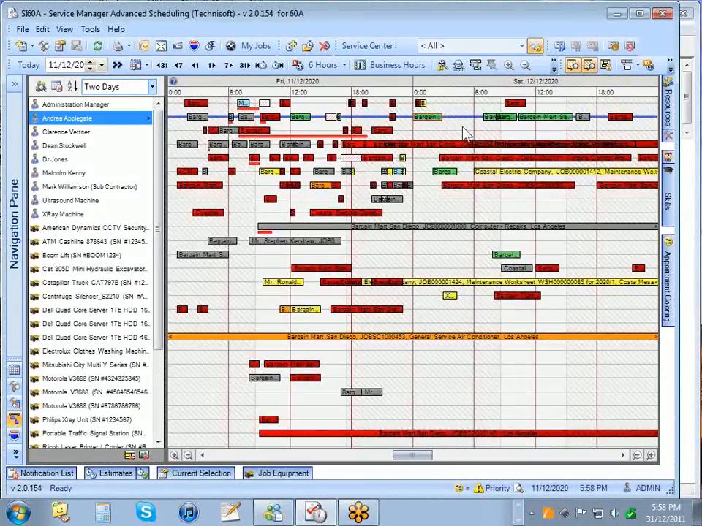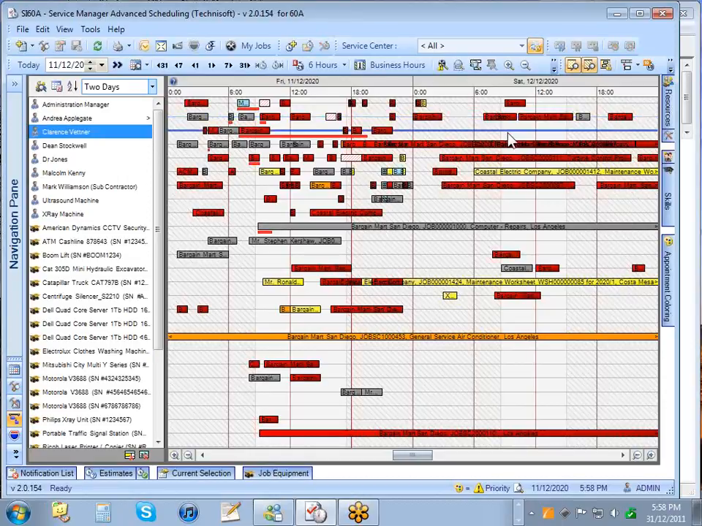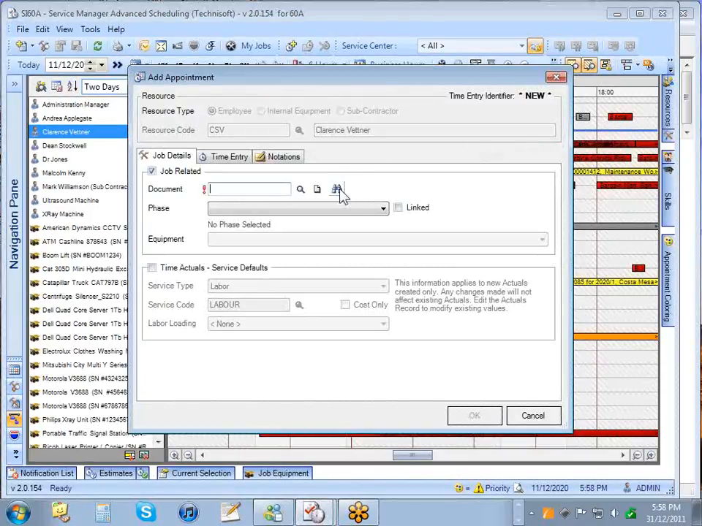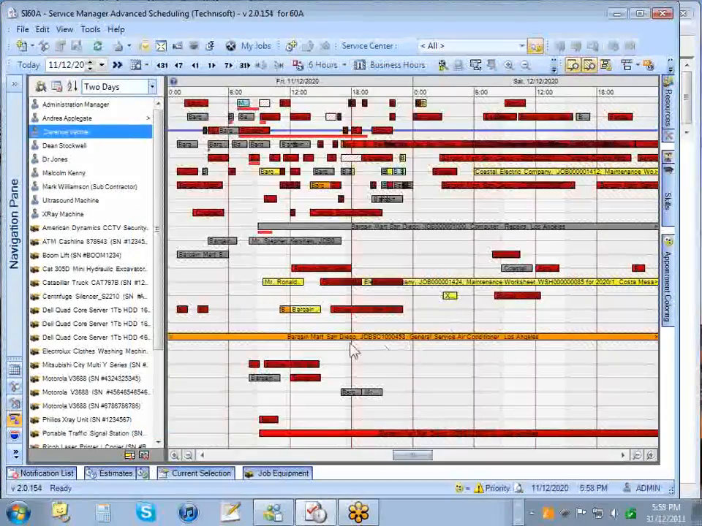So entering a new entry, we can find some blank space. Hold down your Shift key. With the Shift key held, press your left mouse button and drag. You can create a new job from here using the new icons. You can add to an existing job, or you can make it non-job related. We can schedule all the resources,